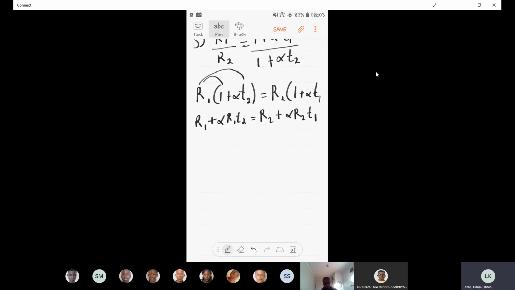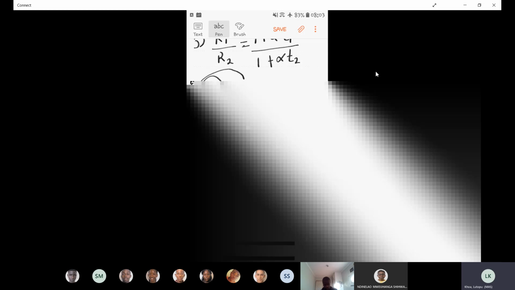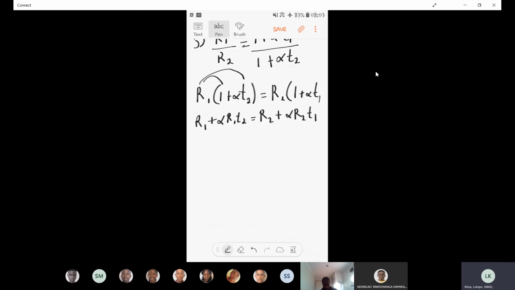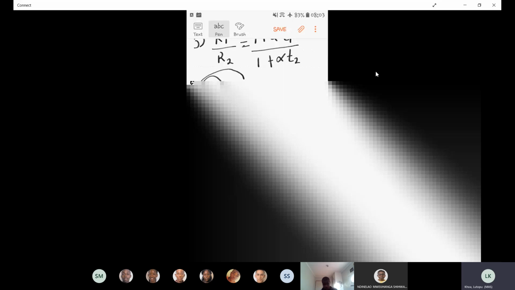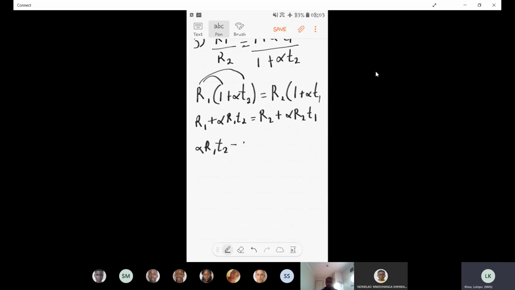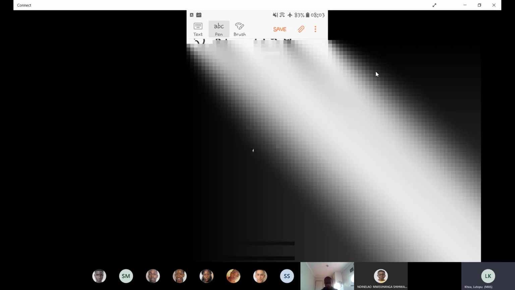Then do the same thing, all the terms with alpha on one side, everything without alpha on the other side. So you'll have alpha R1 T2 minus alpha R2 T1 is equal to R2 minus R1. And then you factorize alpha out. You have alpha R1 T2